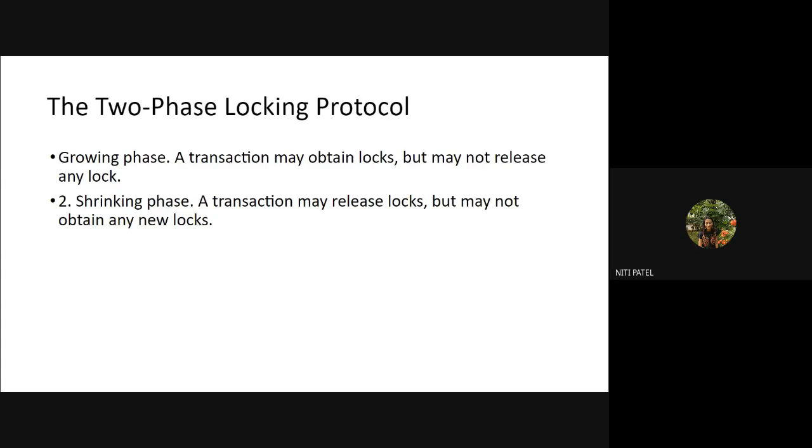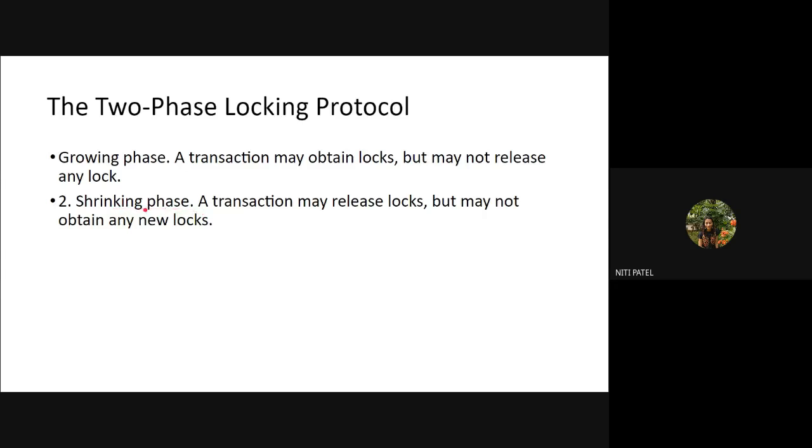I know that my transaction requires A, B, and C. So initially I will send a request: give me A, B, and C. Once I have taken the locks I want, I cannot request again during the transaction. So whatever locks you need, try to acquire them at the start of the transaction, because you are not allowed to acquire a lock once your transaction has started processing. That is the growing phase. Initially only acquire locks, and once those locks are acquired, you can release them only when you come into the shrinking phase.